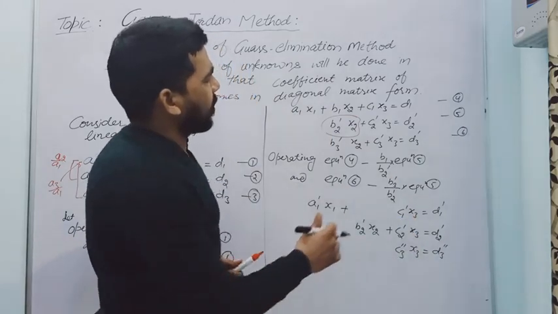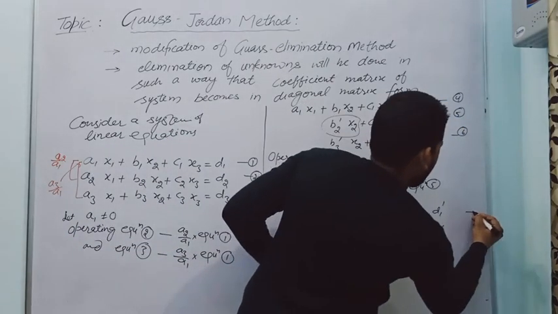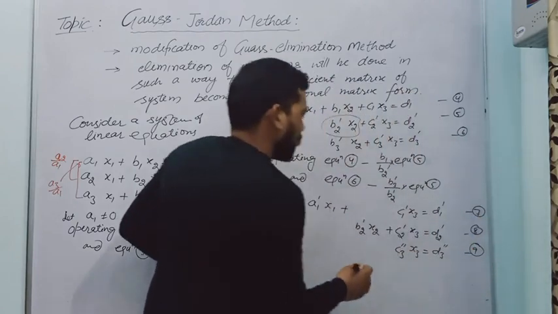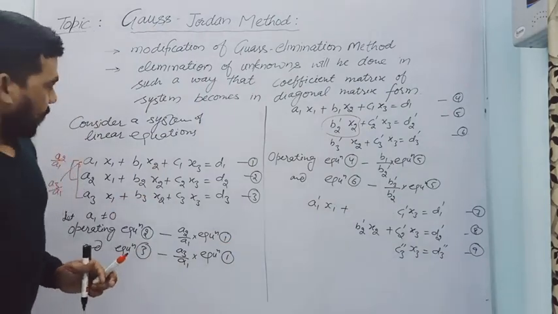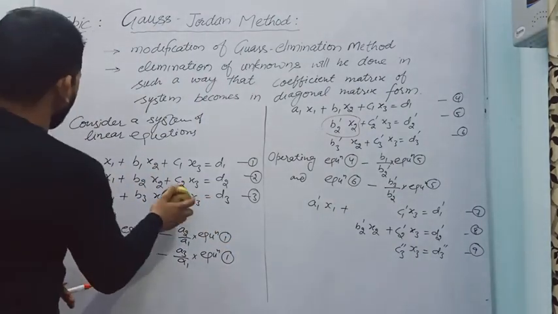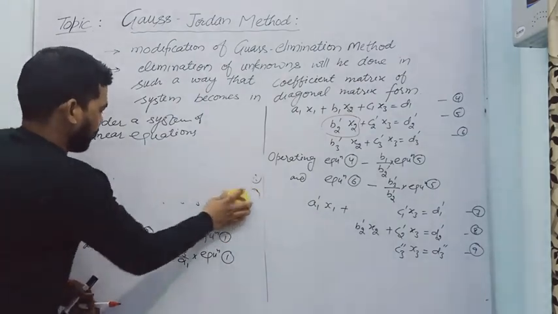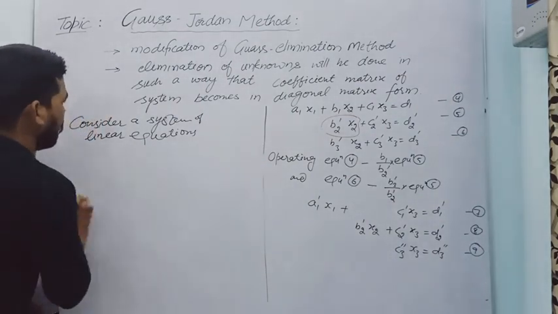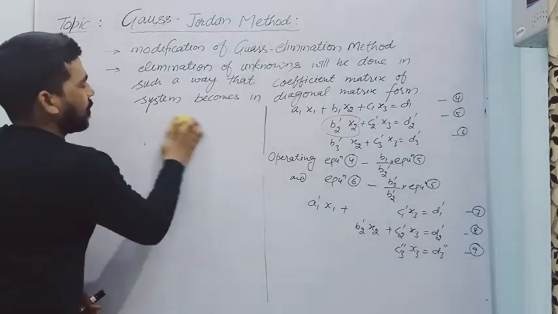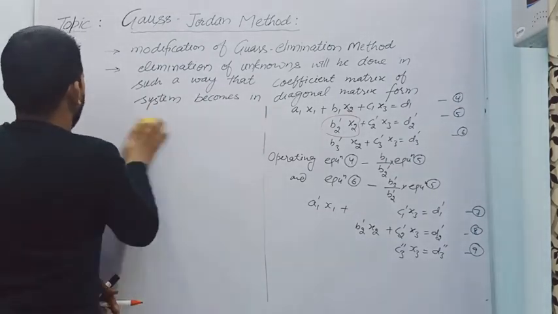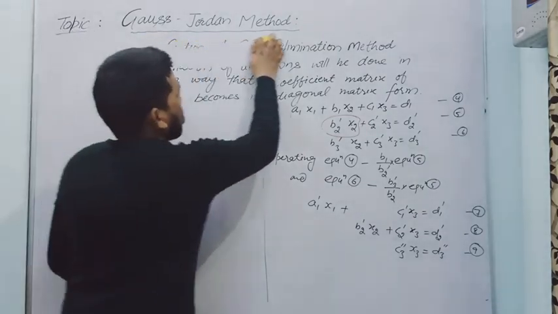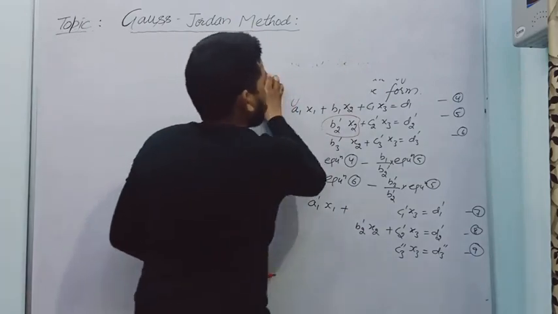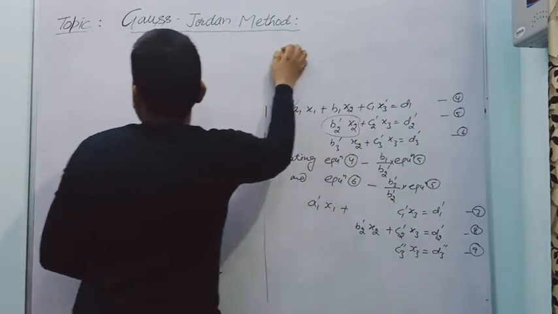Suppose the equations are 4, 5, 6, and these become 7, 8, 9. This is 7, 8, 9. So what I will do now is rub this out. You have this system, suppose that I am rubbing this. You know already the system, and what I will do here, okay, let me rub this one also. You have already seen this thing. If you have not seen it, you can go back in the video and check.